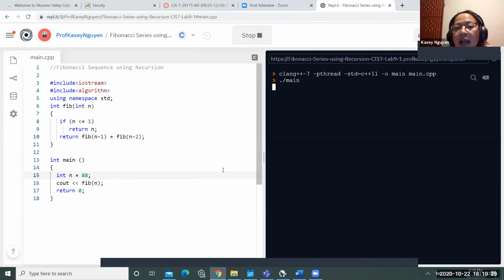Notice that I didn't get anything, and if it does produce something, it might take a while. So I think for the REPL, the limitation of this program would probably be about 70 something.